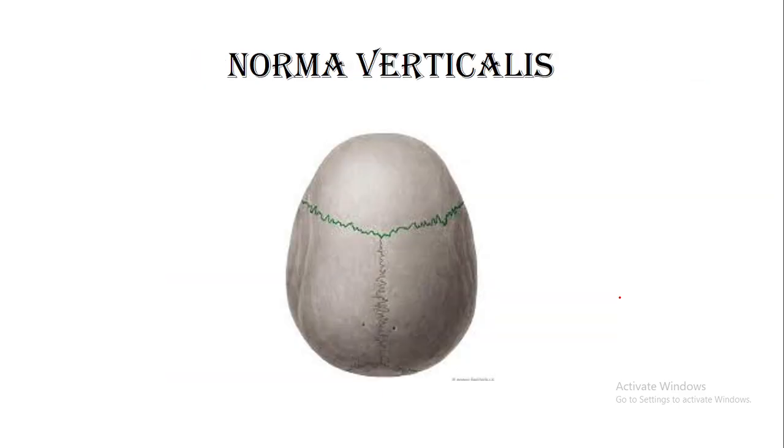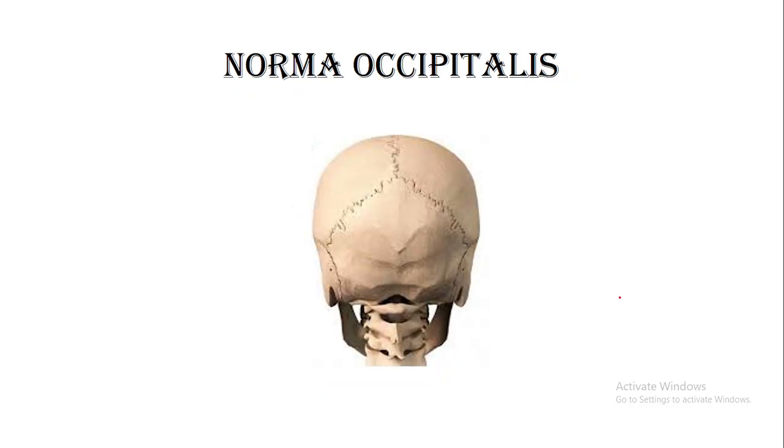This is norma verticalis. This is basically the top view of the skull. That means when we see the skull from above, it looks something like this. This view is called norma verticalis. Norma occipitalis is the posterior view of the skull. When we see the skull from posterior or from behind, the skull looks like this, and this view is called